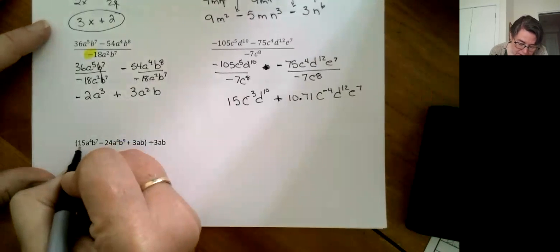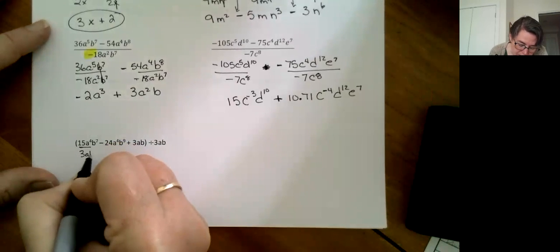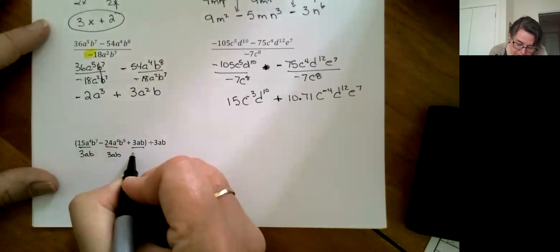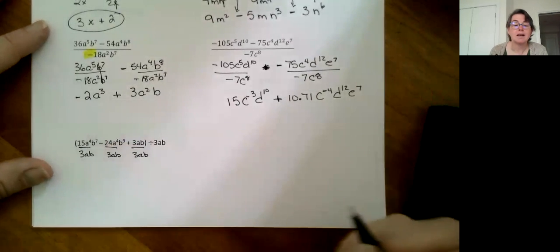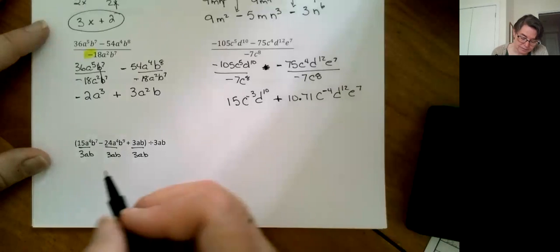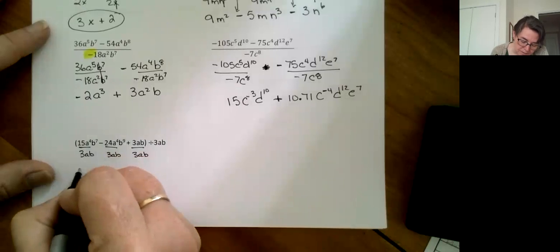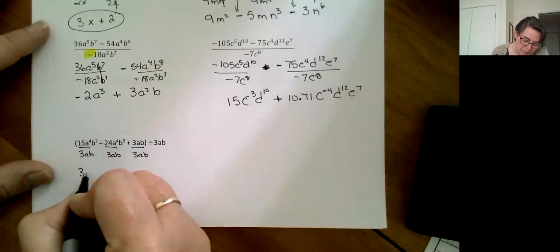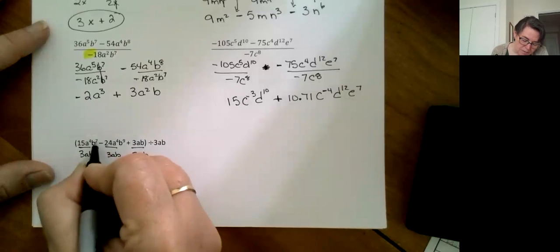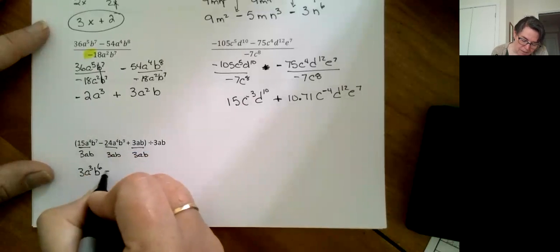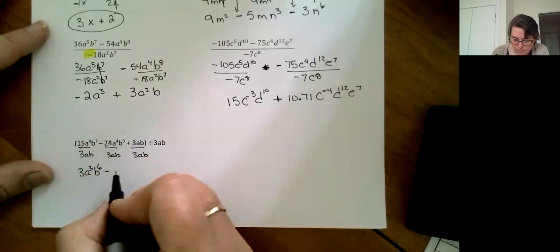Oh, this one, because of the way it's written, I'm just going to cheat and do that. But I'm still splitting up, right? So 15 divided by 3 is 3. a to the 4 divided by a is a cubed. b to the 7 divided by b to the first is b to the 6. Minus 24 divided by 3